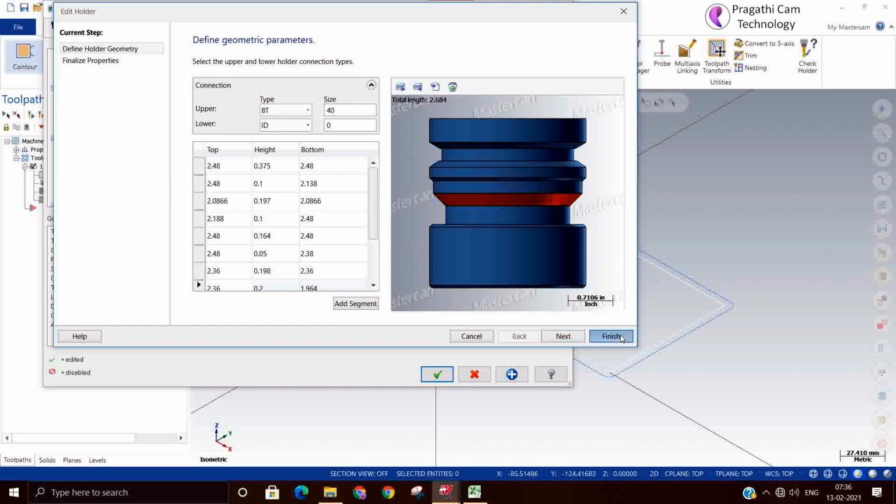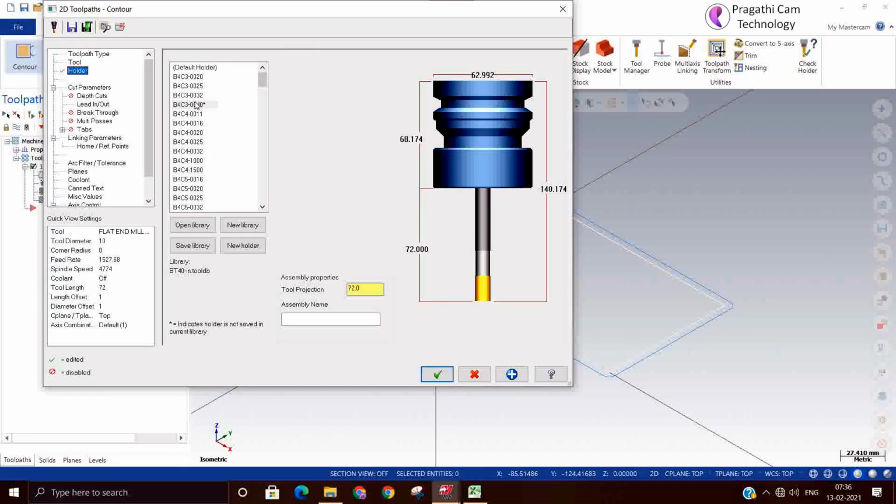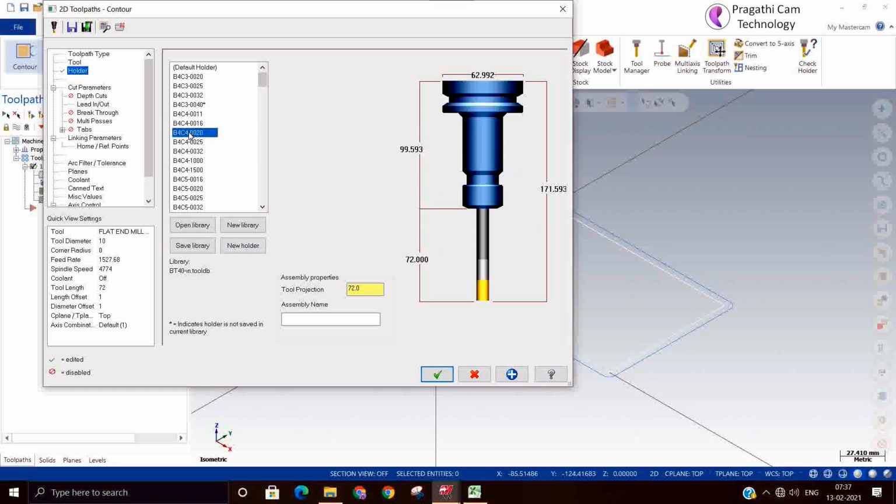Actually, this tool holder is to check whether there is any possibility of rubbing of the tool holder on the material, and to check the gauges in the surface area. All these things only, but it is nothing to do with the NC file. You can make your own library and save it separately.